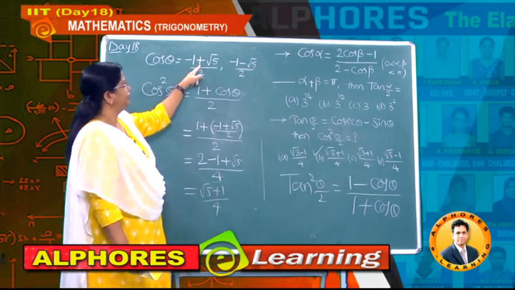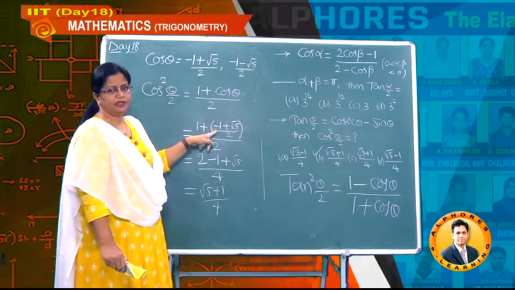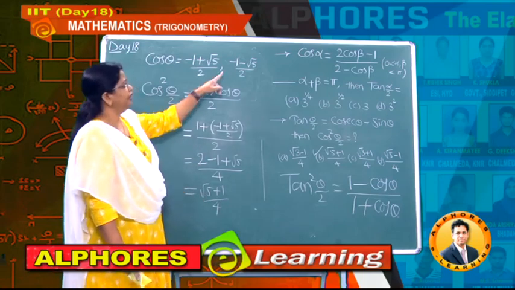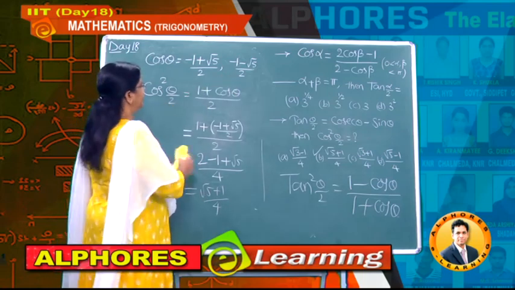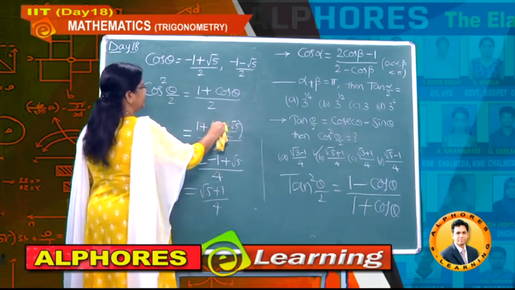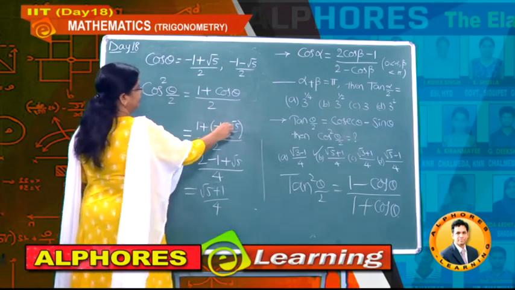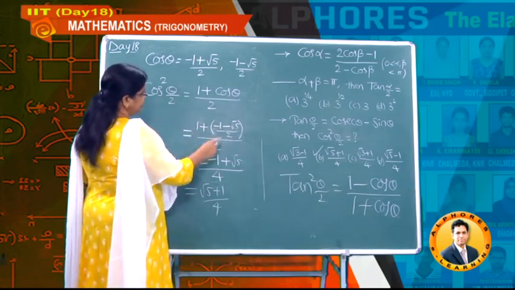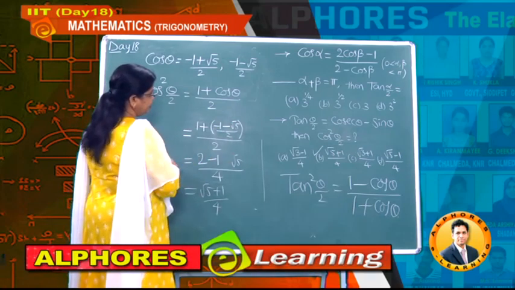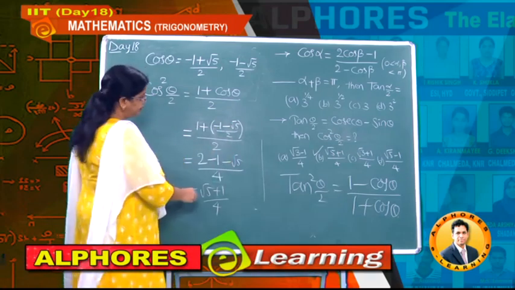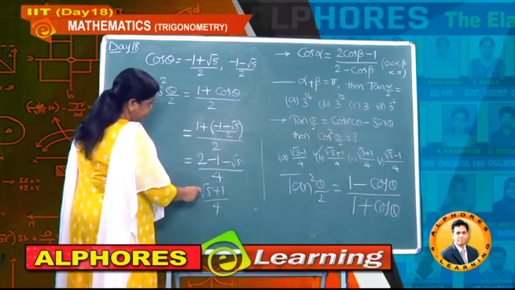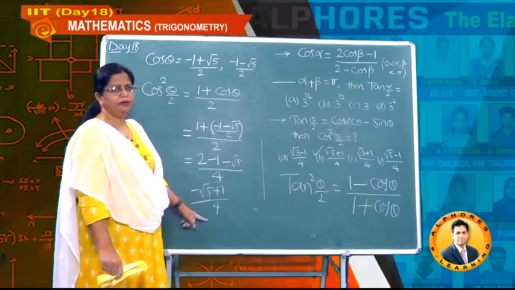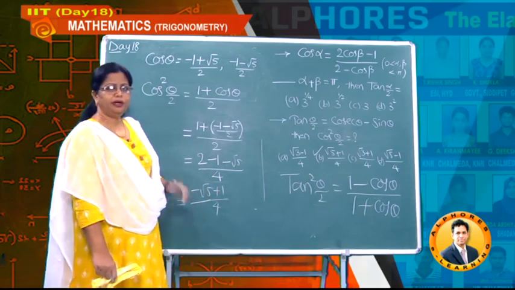Now first I have taken cos theta as this value, we substituted, we took 2 as LCM here, and after that we got this value. Then again we want to take this value also. Now what is the only difference, students, here? Here it is minus, and minus I am putting here, and then this value 2, and this one is minus 1, and now this value will become minus. Therefore you got minus root 5 plus 1 divided by 4, that is 1 minus root 5 by 4. This is cos square theta by 2.